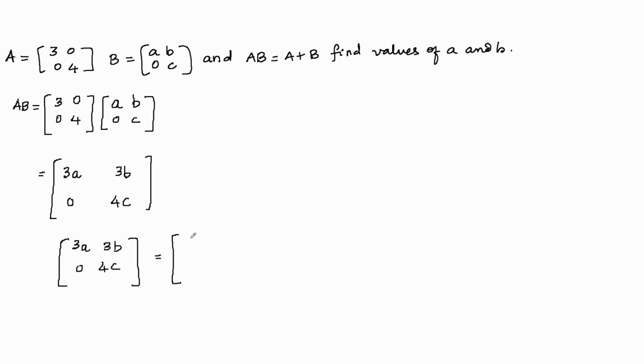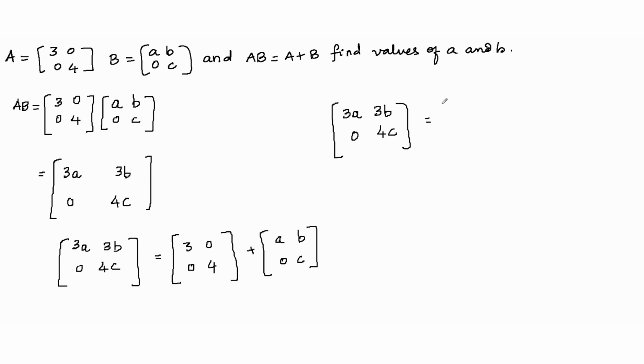So what is A plus B? A plus B is 3, 0, 0, 4 plus A, B, 0, C. So therefore what I get is 3A, 3B, 0 and 4C is equal to, you add the elements, you get 3 plus A, you get 0 plus B, then you get 0 plus 0 is 0, and you get 4 plus C, right? Now because the two matrices are equal, we can equate them, and therefore we get equating the corresponding elements,